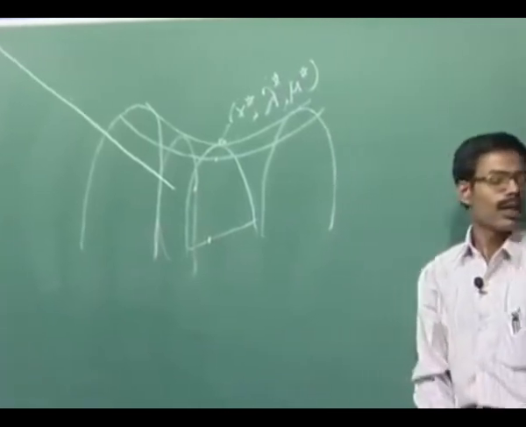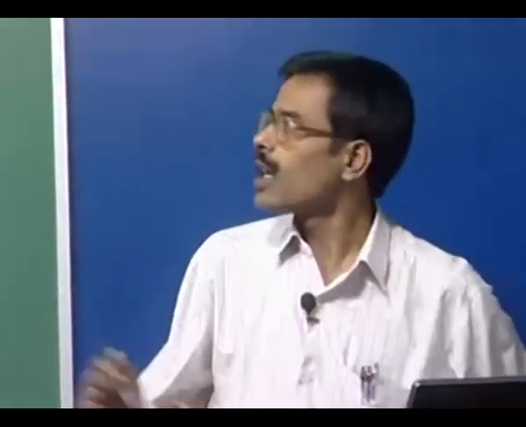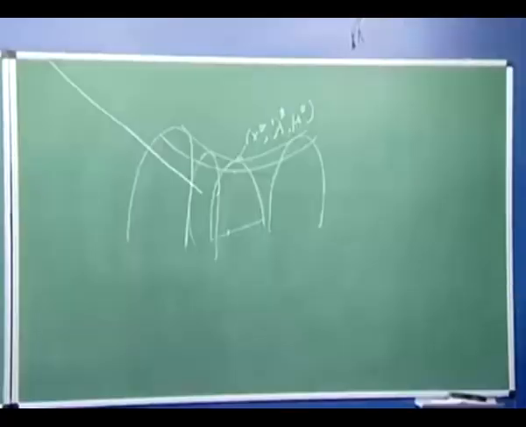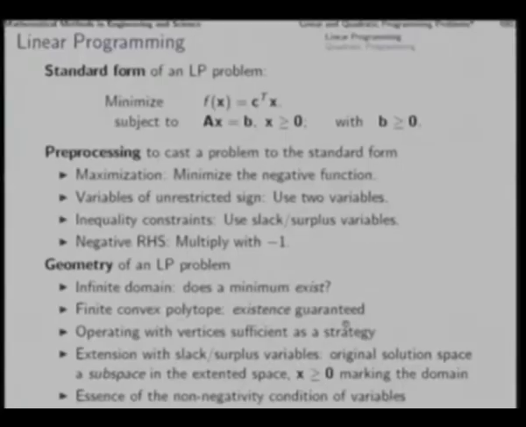and therefore, we find that for solving linear programming problems, rather than travelling all the way like this, we could have said at the beginning that we will operate only with vertices. So, operating with vertices alone is a sufficient strategy, and then we find that if we work with vertices only,